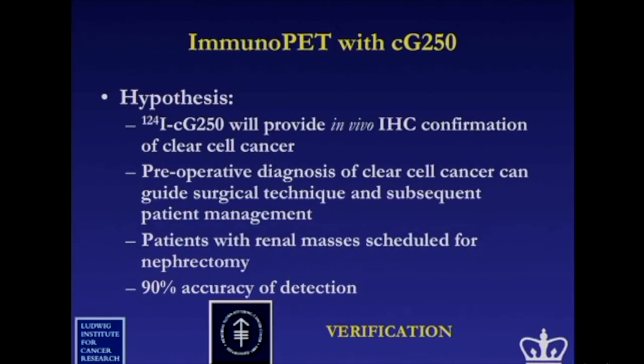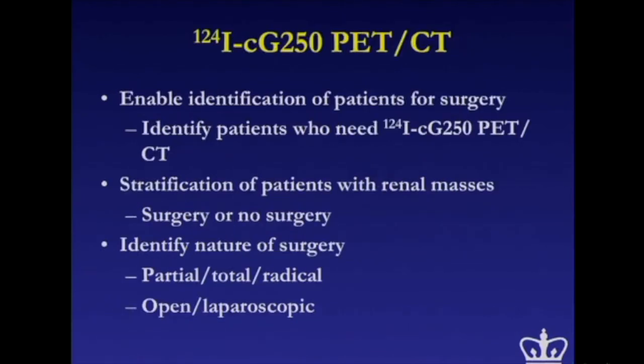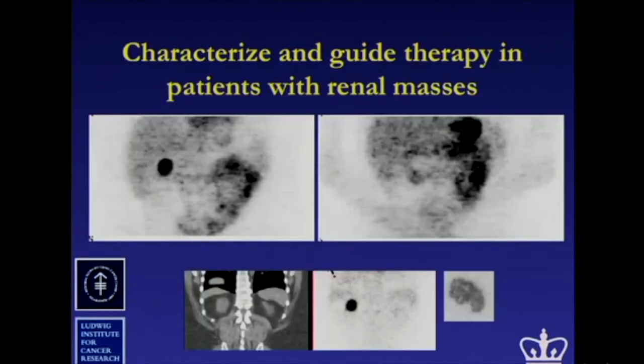But we said it would be 90%, and we took people with kidney masses who were going to have their kidney masses removed. We gave them the antibody, and we carried out imaging. And here's what we found. In patients who had the clear cell phenotype, you could see it very, very clearly. In patients who did not have the clear cell phenotype, you could see the absence of uptake also very, very clearly. In fact, we had an equivocal column in our statistical makeup, but the equivocal column was never filled. We were able to say that a patient had positive or negative scans in all the patients that we looked at, all the 26 patients that we looked at.